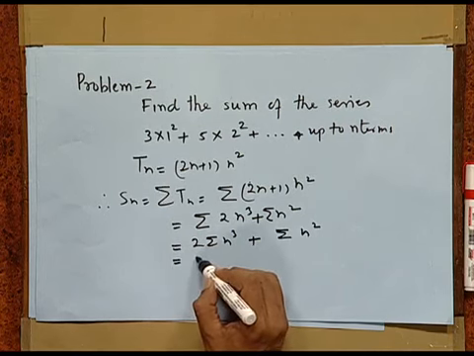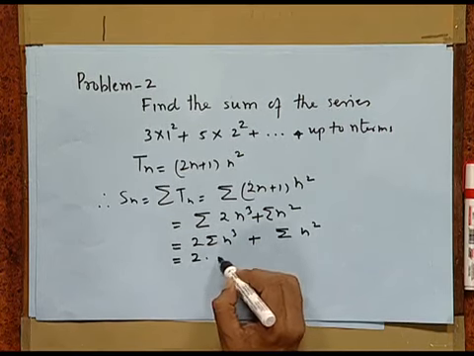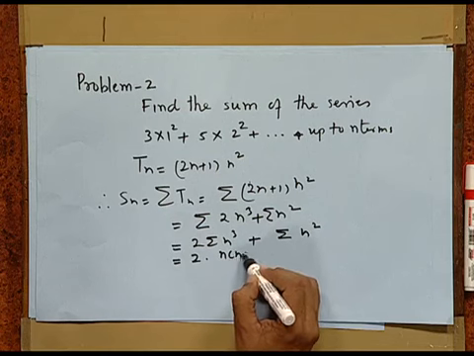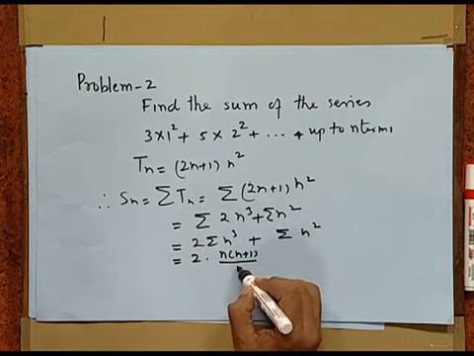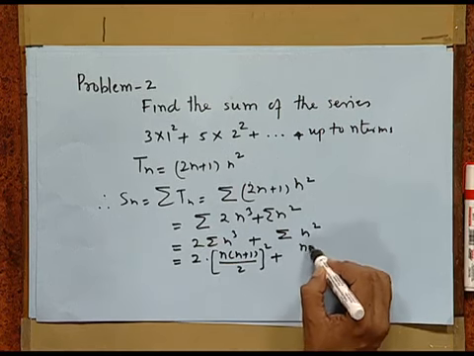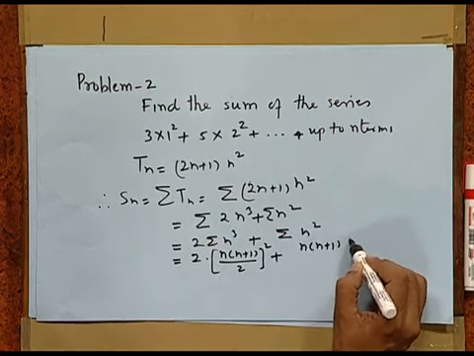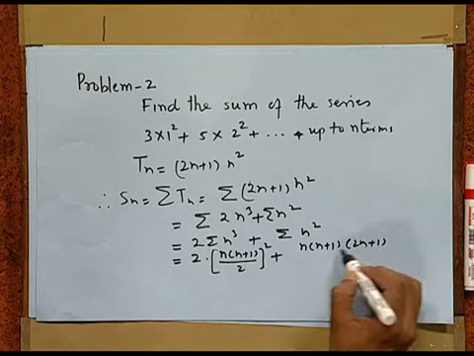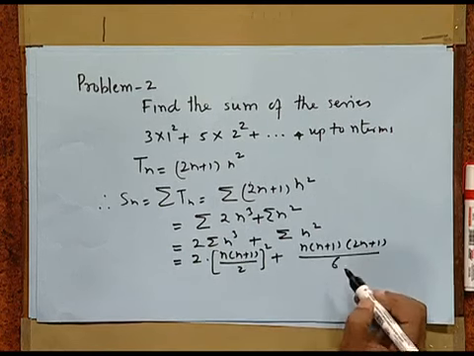We know the value of sigma n cube, so we get 2 times n plus 1 by 2 whole square plus n times n plus 1 times 2n plus 1 over 6. This equals